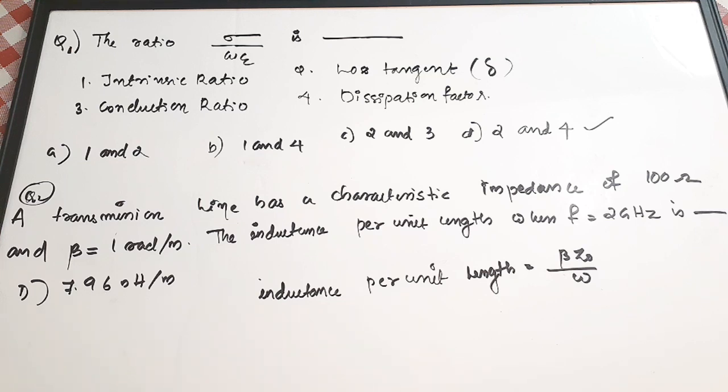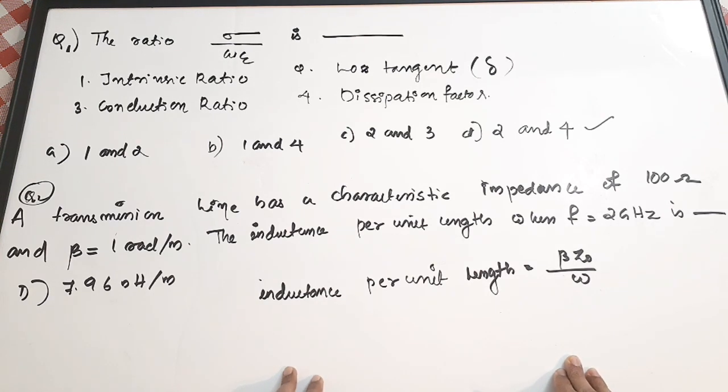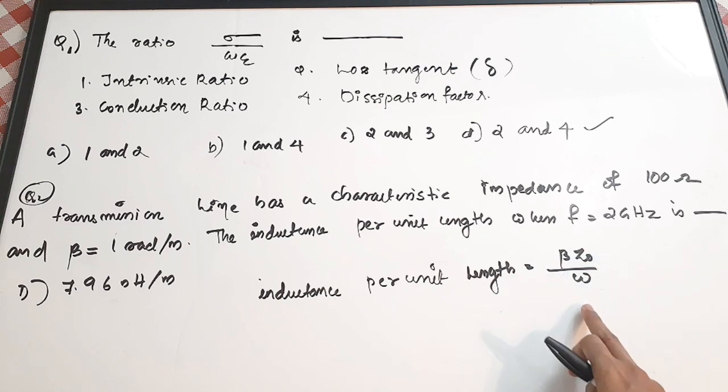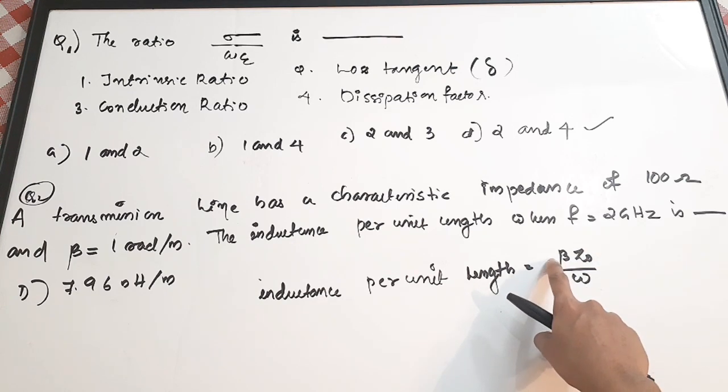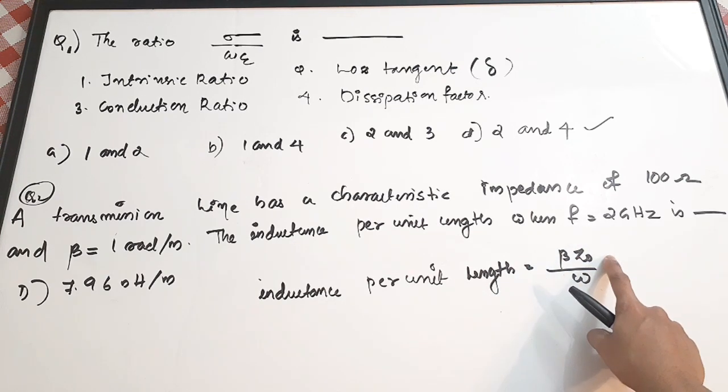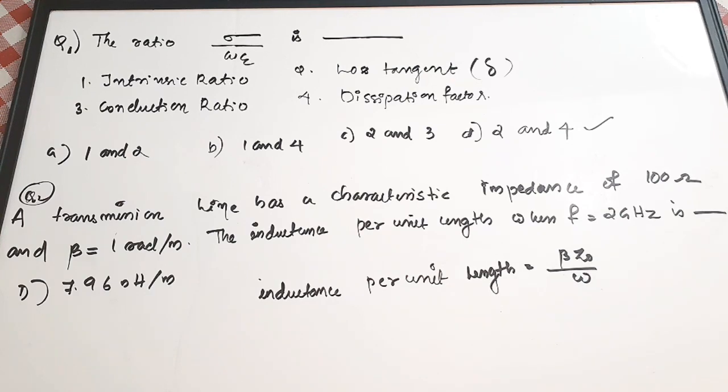While discussing the transmission line video, I discussed that in the beginning itself we can draw the transmission line as a combination of resistance, conductance, inductance and capacitance. So here we are trying to find the inductance per unit length, and the equation is beta into Z0 by omega,